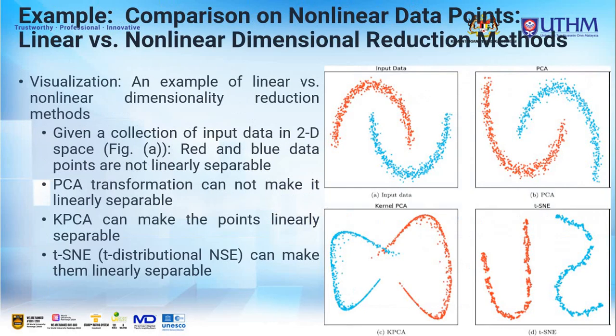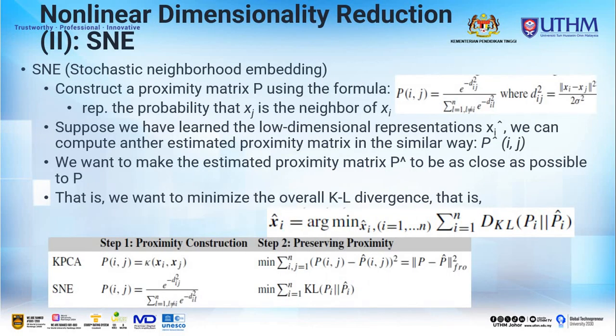Okay, next is SNE. SNE is stochastic neighborhood embedding. It constructs a lower dimensional space while preserving the local relationship between the data points. It is particularly effective for visualizing high dimensional data sets in 2D or 3D. So for the proximity matrix construction, SNE constructs the proximity matrix P using the following formula, which is Pij is equal to